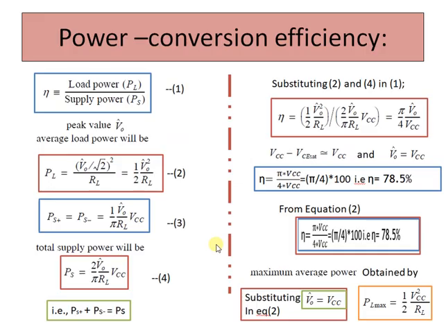Coming to computation of power conversion efficiency. Power conversion efficiency is computed considering that there is no crossover distortion present, and we compute it in a similar manner to how we computed for class A, that is load power divided by supply power. The average load power is computed in a similar manner, denoted as equation number 2. So we have the equation for the positive and the negative supply power, which is equal to 1/pi times V naught cap divided by RL into VCC.